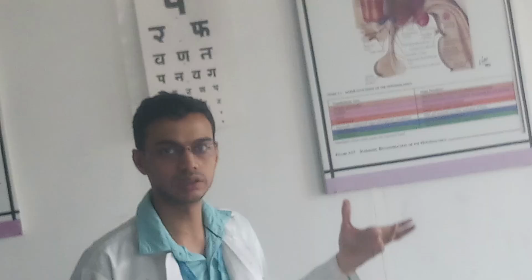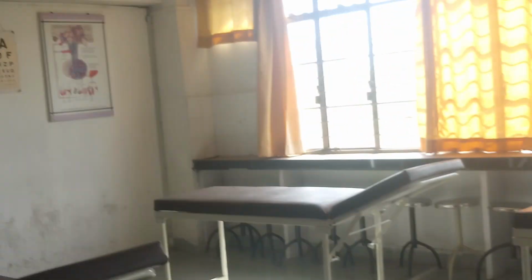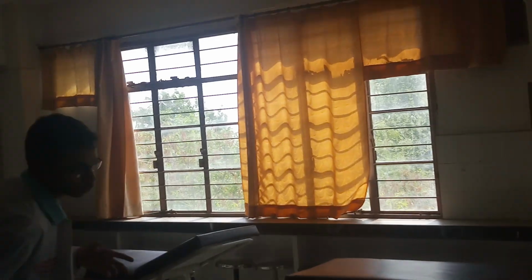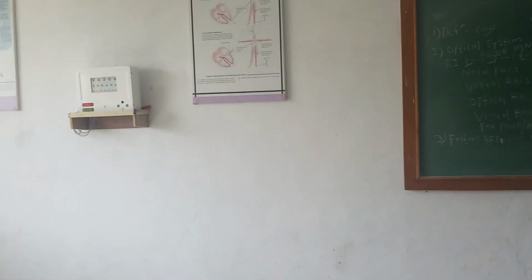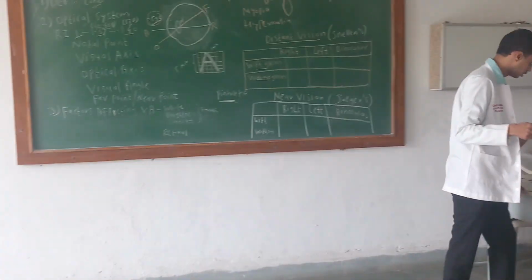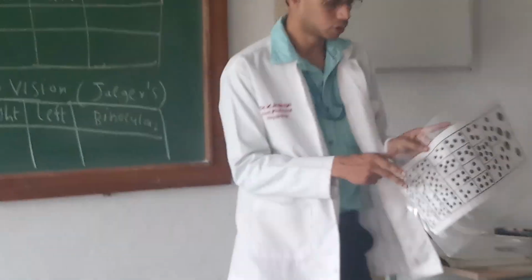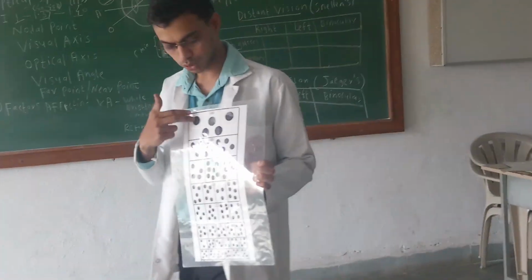Now the Snellen chart comes in different languages, for example in Marathi and in English. Then if the person is illiterate, you can use a dotted chart. I will show that dotted chart also. You can see the person has this kind of dotted chart, and you can ask the person to just count the dots. Now let us start with the procedure for distant vision.